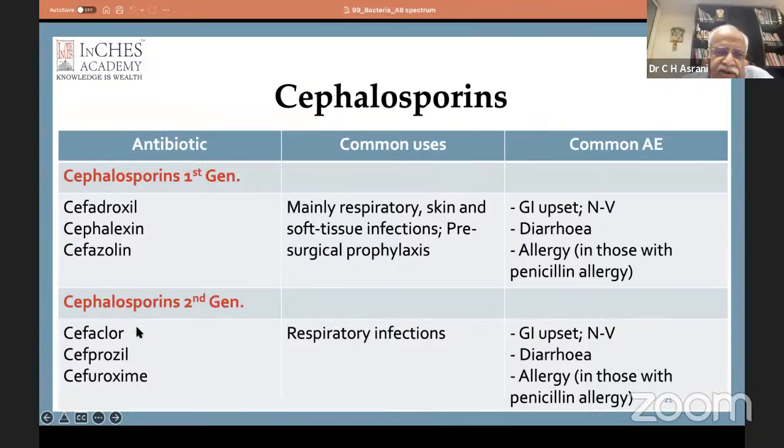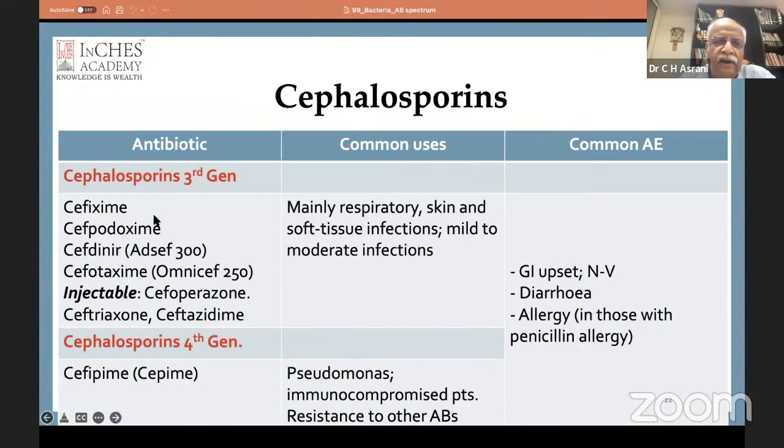Cephalosporin second generation: cefaclor, cefprozil, cefuroxime. Respiratory infections, the side effects remain the same. Here, cefuroxime we use quite often nowadays. Third generation, cefixime, very commonly used. Cefpodoxime, again commonly used with or without clavulanic acid. You have a combination of cefixime with dicloxacillin also. Cefdinir,